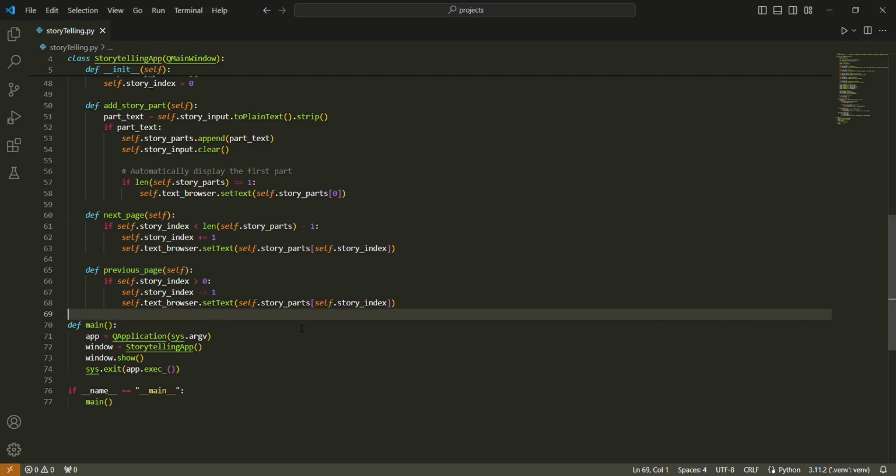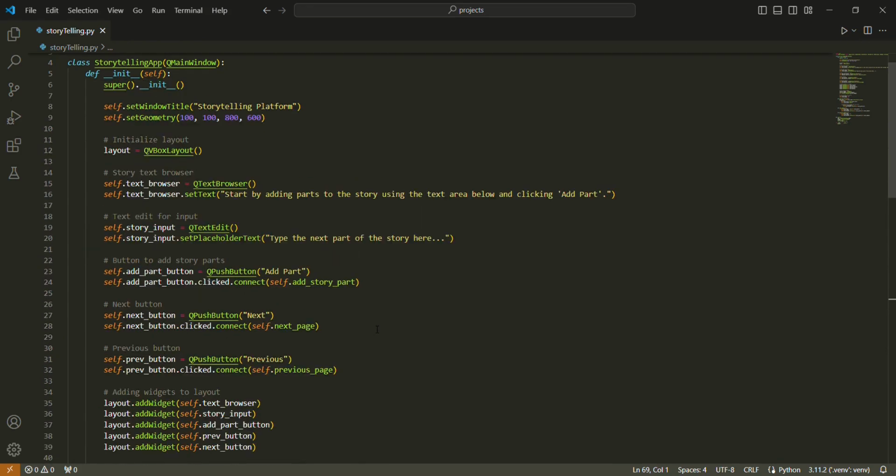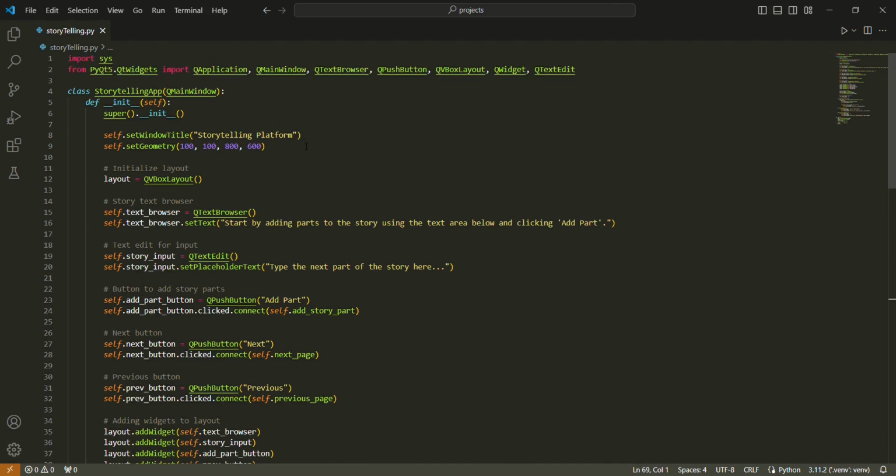And now let's talk about the layout of the application. Here we basically define a title for the main window that will contain the whole application, and we can call it storytelling platform.